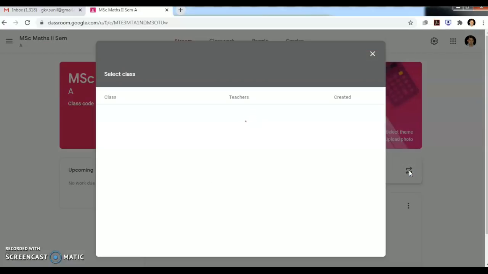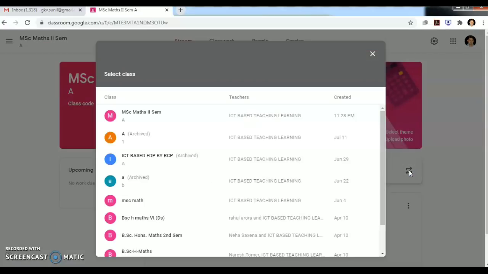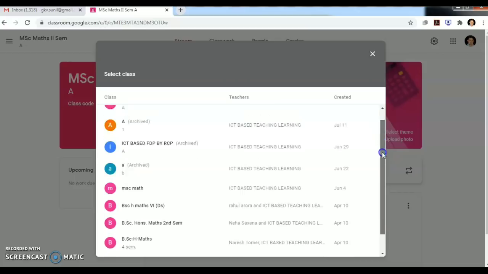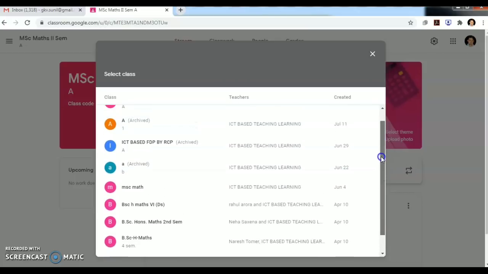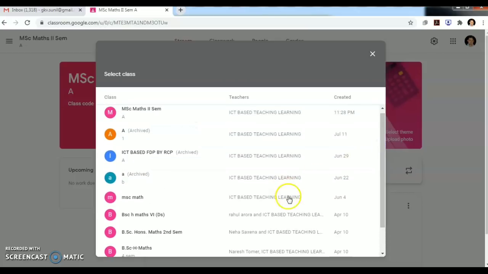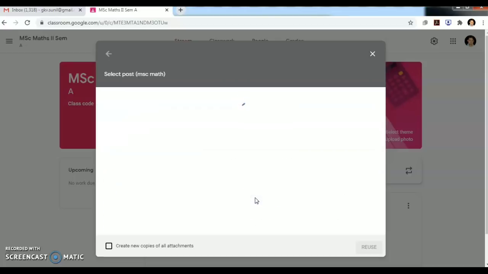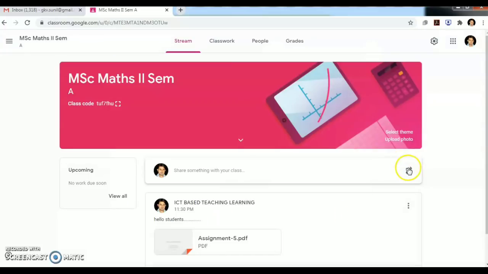If we click on this, then these are the posts I have posted earlier in my classes. Then I can use any one of them. Suppose I want to choose this. This is currently not working.